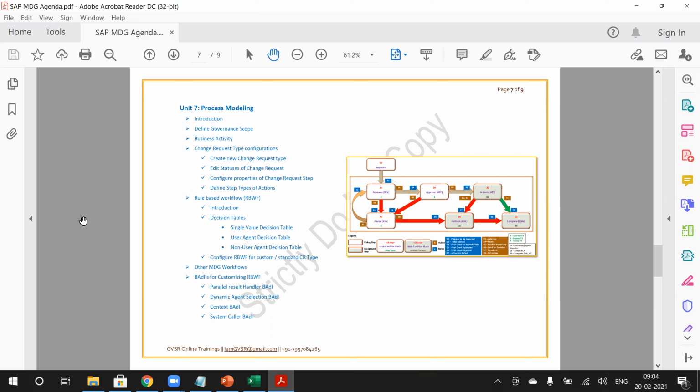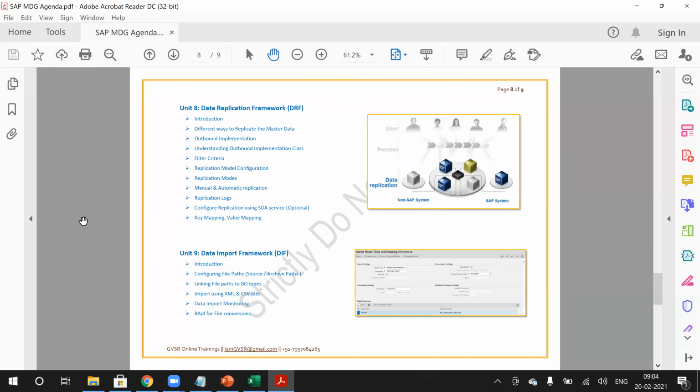I request you to just understand what's happening. That's it. Because in real time you will get some idea of how it is behaving in the backend. It's better to understand how it behaves in the backend. That is where technical consultant involvement is required.